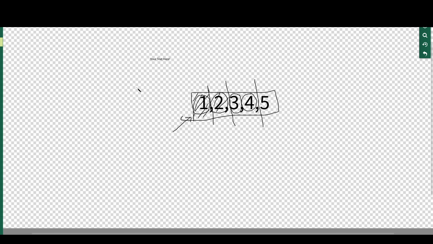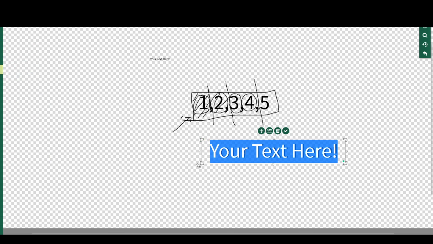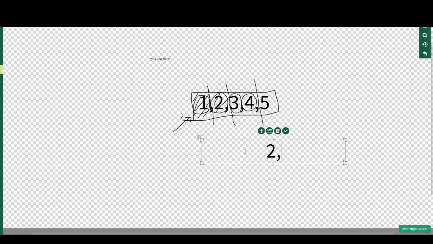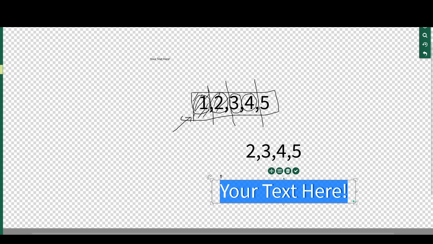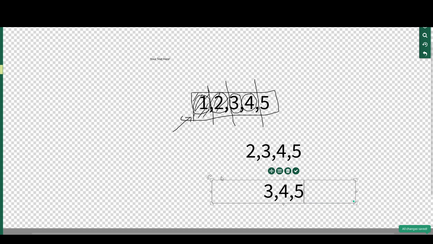Let me explain separately for this. Type 2, 3, 4, 5. This is the second execution formula. And one more: 3, 4, 5, and the final 4, 5.